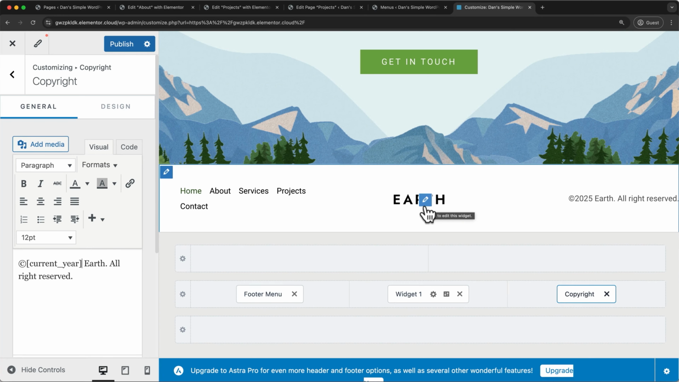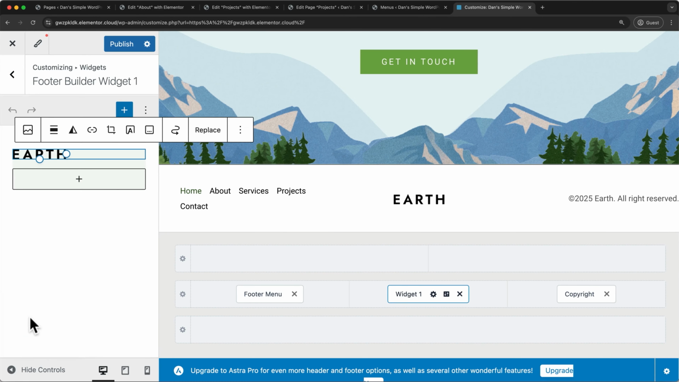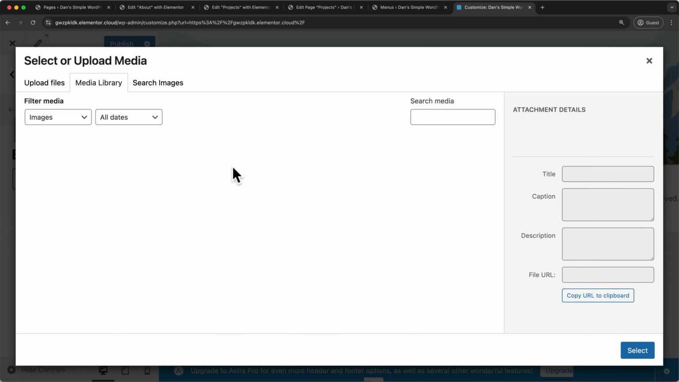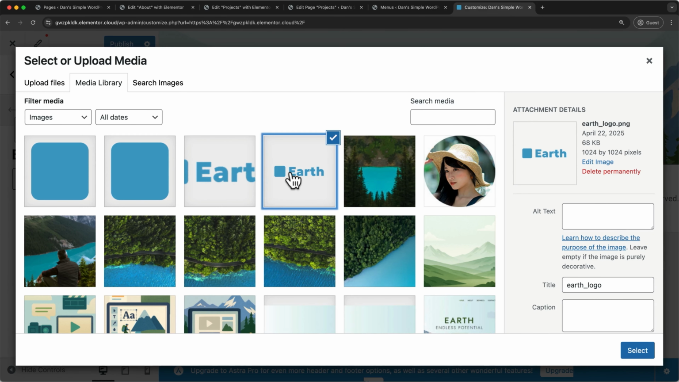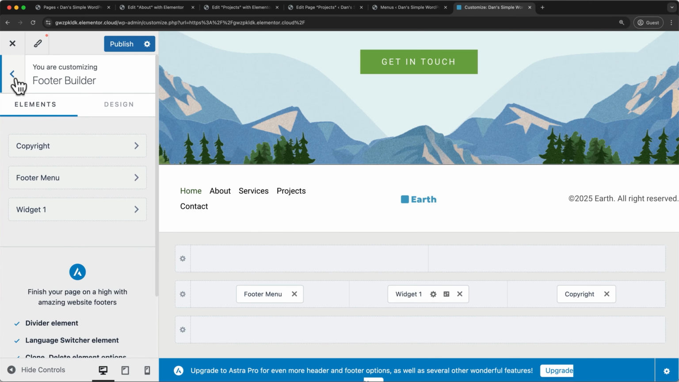Now that that's fixed, let's change our logo to match the header. I'll click this pen icon. I'll say got it here. I'll click replace on the logo, and then I'll open media library. I'll select my logo like I've done before. Click select. Then to access the footer menu options again, we can click back and click footer menu here, or